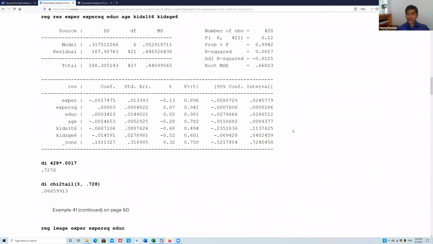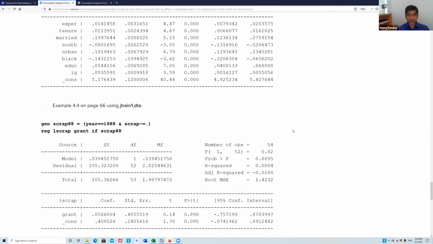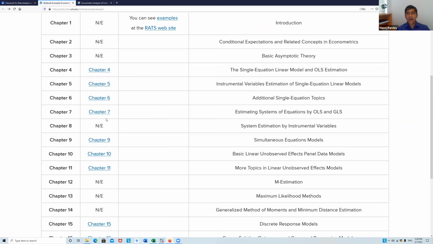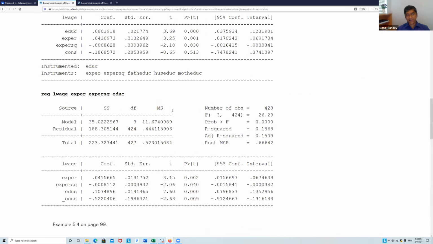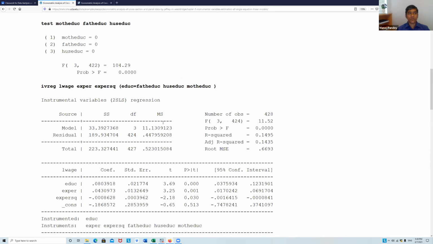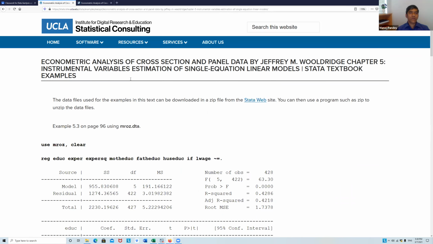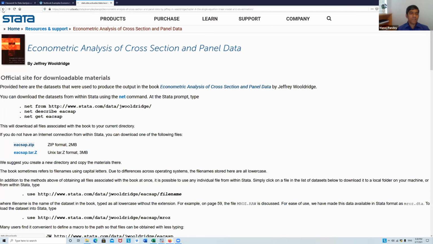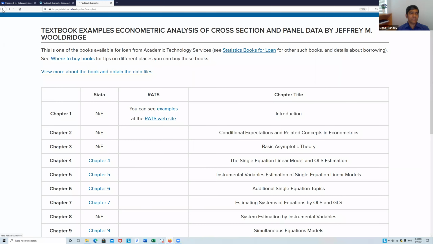So it's quite a useful resource. And let me tell you, when I started my career, I went through all these chapters and I tried to practice. So I expect that you will also be practicing and learning more from it. Not only this book, but these resources are also available for many other books.